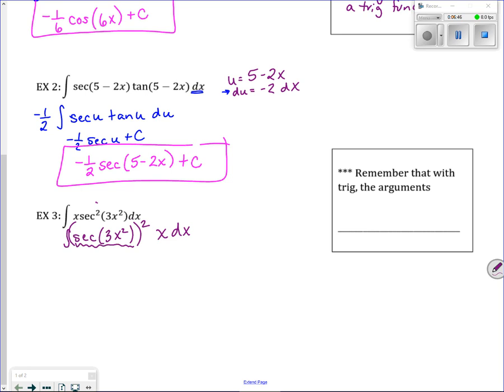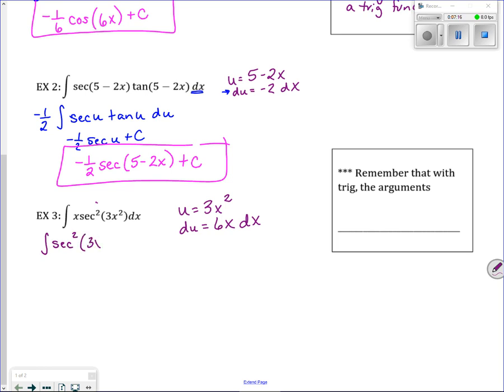So in this case, I'm gonna try and go, you know what? Let me keep my u to be the argument of 3x squared. So let's let u be this. So du would be 6x dx. Now look at what I have. I still might think of writing it this way